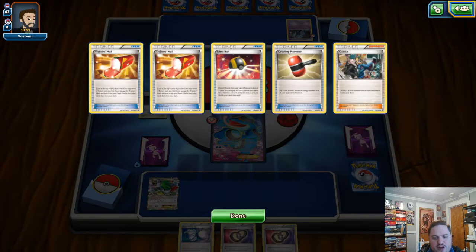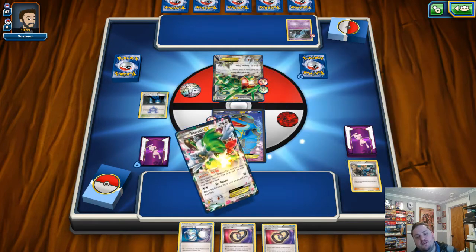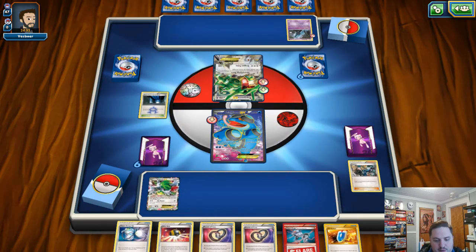You know, we have other Trainer's Mail, too, we can recycle, so... Yes, we're going to draw cards. We have 6 in our hand. I want to hit the Hex Maniac this turn, and I'm going to go through tremendous lengths to make sure I get it done. There's the